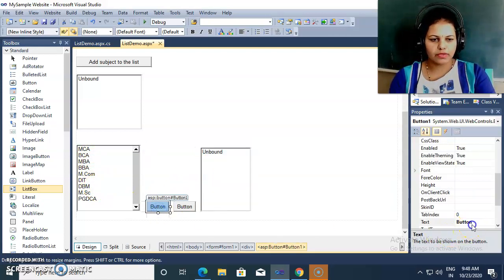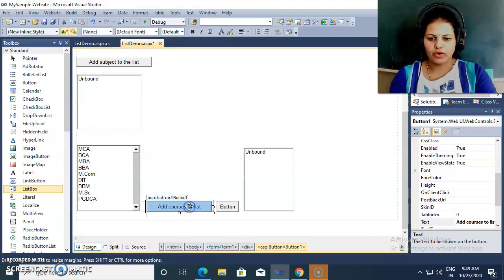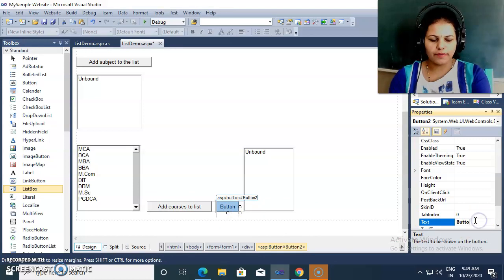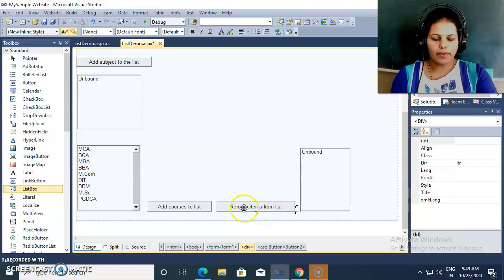So here I am using the text property as add courses to list, and one more button I am taking here, and I am giving the text property as remove items from list.